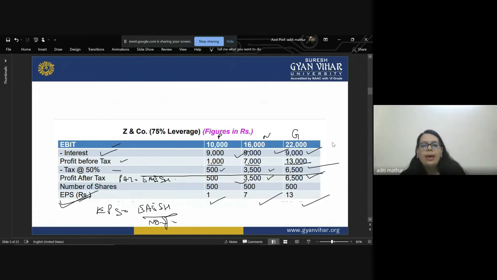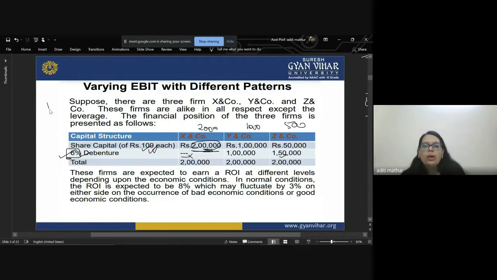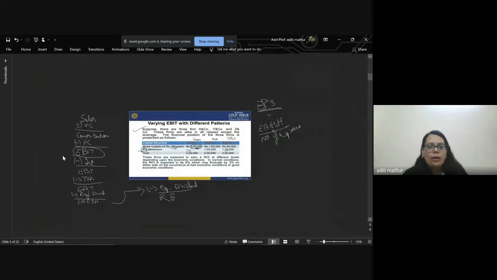So you don't have to do much. You have to simply first understand what all figures are there in the question and what the question is asking from you, and simply draw a tabular format, and in that just write down whatever is given. So first classify your capital structure so that it is easy for you to do the calculations of interest, of your dividends and all, and the tax rate also. And then later on, as per our format, that is your EBIT, interest, EBT, tax, EAT, then preference dividend if there, then EAES, and then how to calculate your EPS. Right? So it is very easy to calculate.